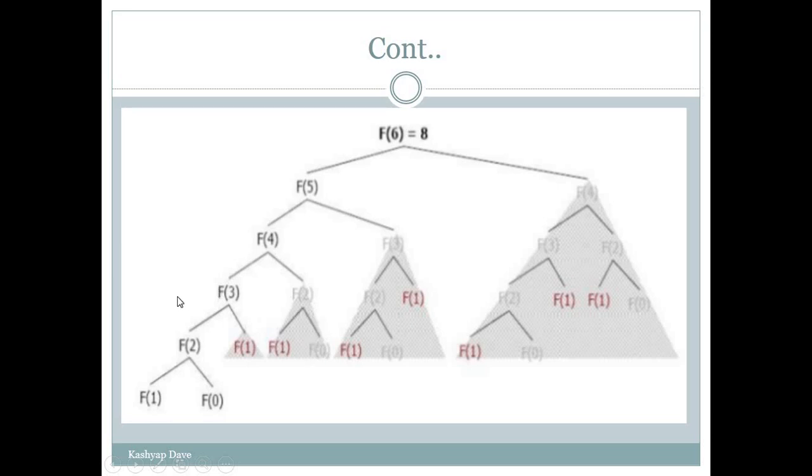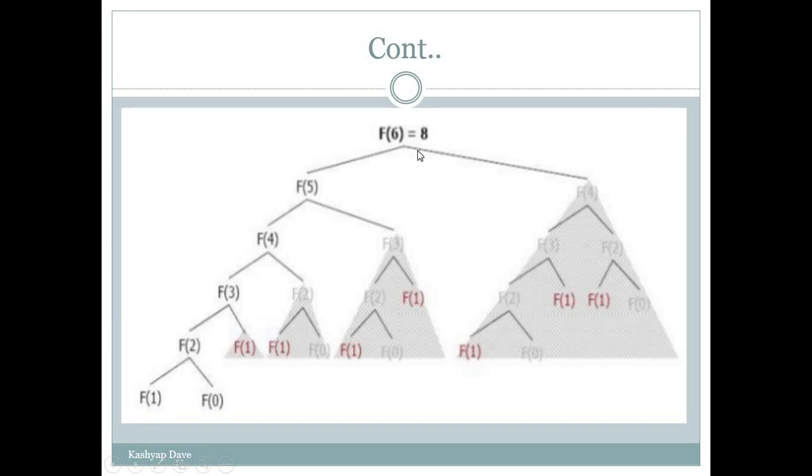We will store f2 in a table, and from it we will find the value of f2 and directly use it here. If we want to find our f5, then we will need f4 and f3. In that case f3 is already calculated, so we will store it in a table and directly use our f3 here. We will not calculate it again. So this is an example